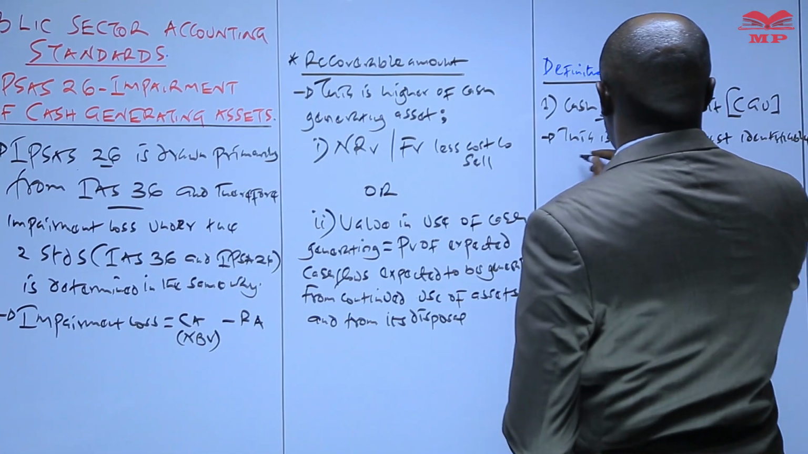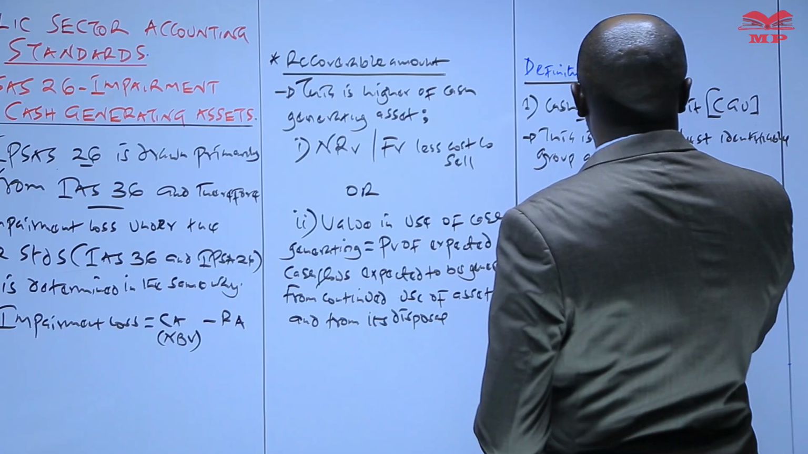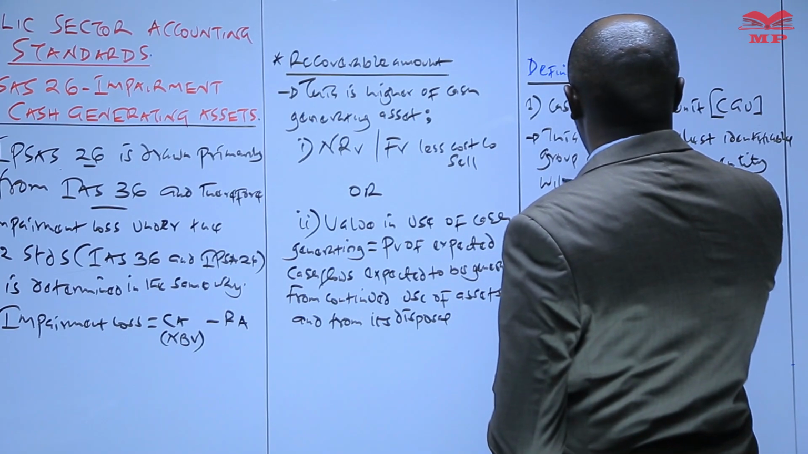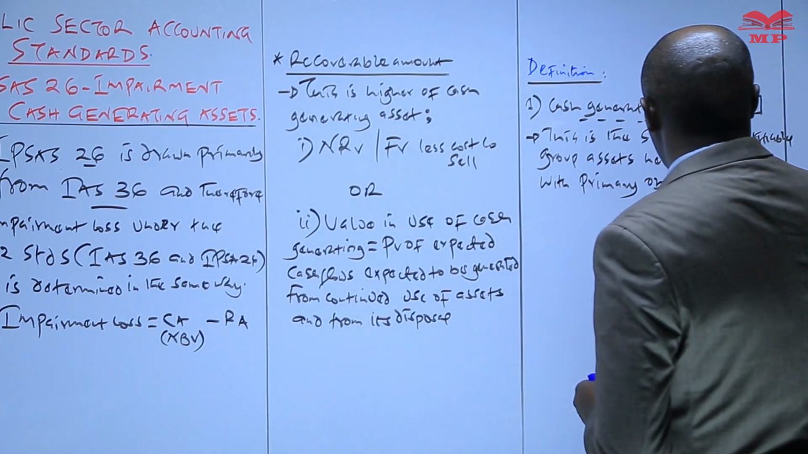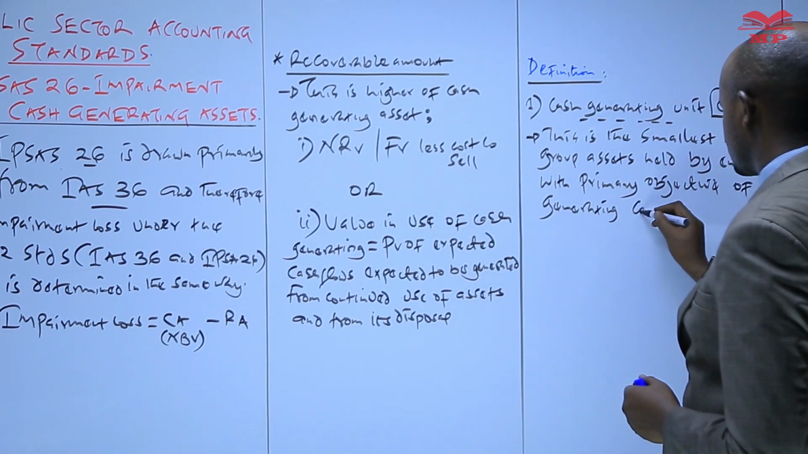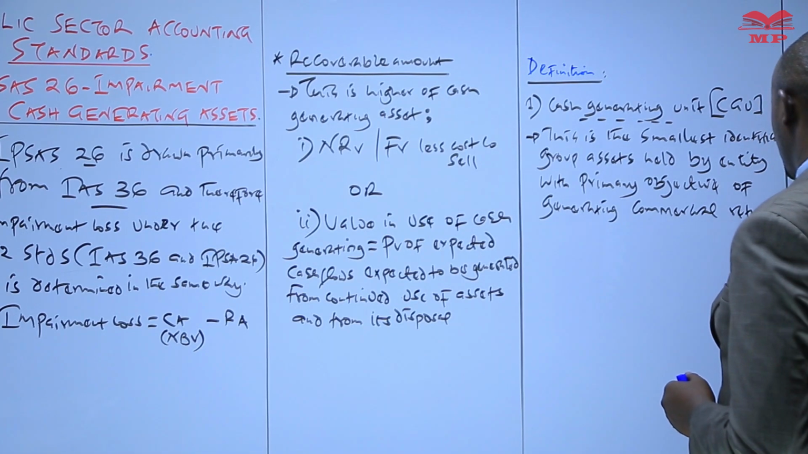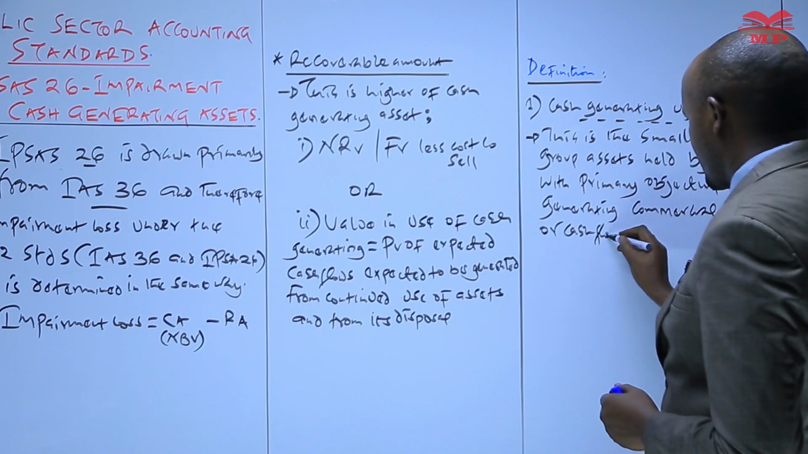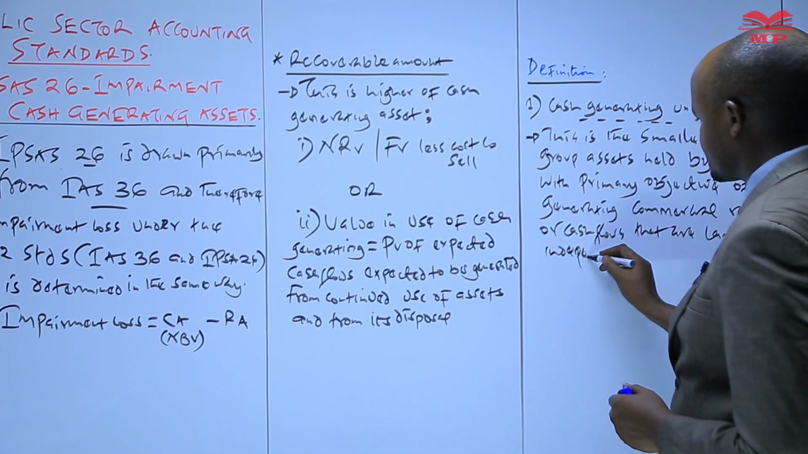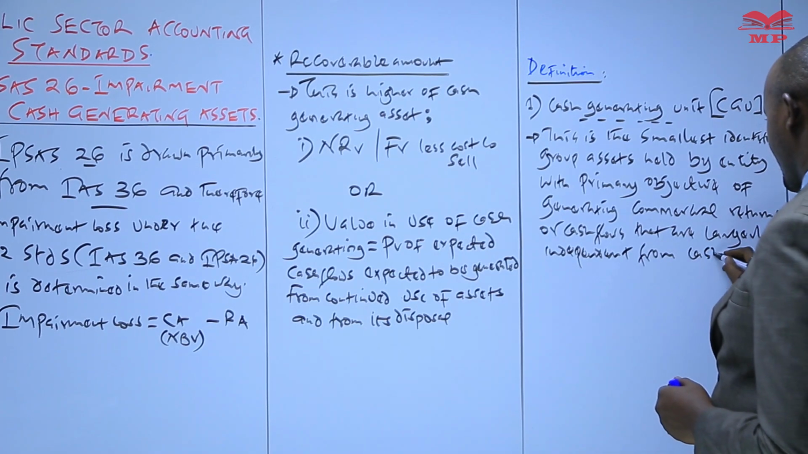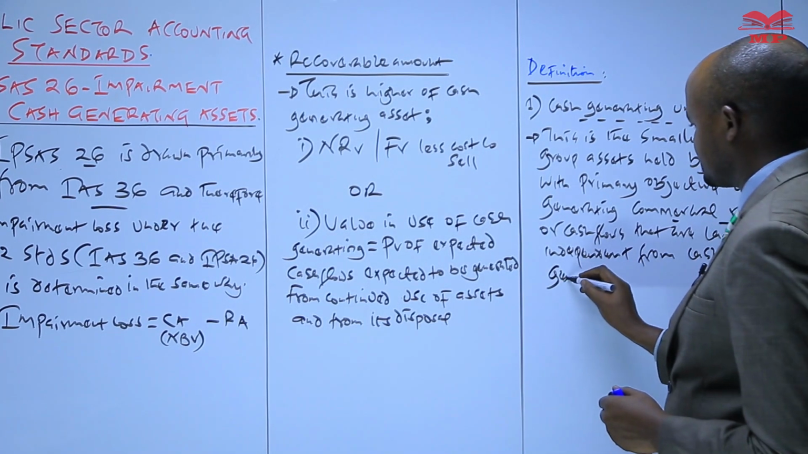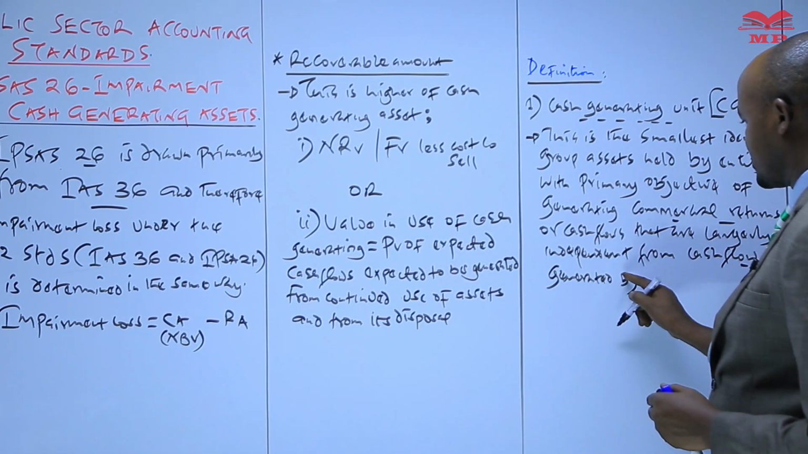identifiable group of assets held by an entity with a primary objective of generating commercial returns, or basically cash flows, that are largely independent from cash flows, or commercial returns, generated by other assets,